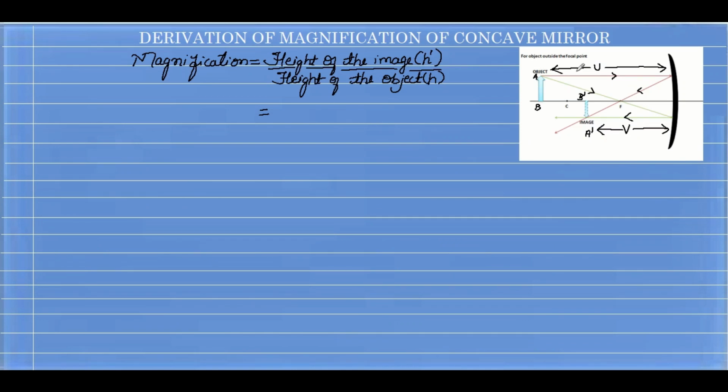Since this is image distance and object distance, the magnification is also related to object and image distance. So it is given as V, that is image distance, by U, that is object distance. Since in the sign convention, whatever is below the principal axis is taken as negative, we can write it as minus V by U, because the image is below the principal axis. Then what this negative sign signifies is, if the magnification is negative, it signifies the image is real and inverted.